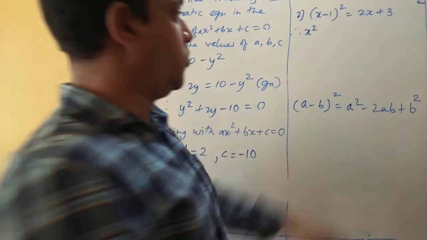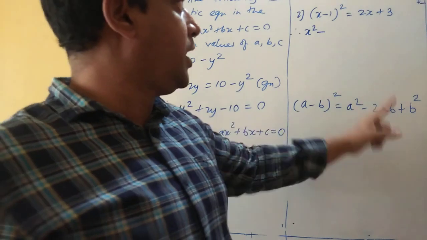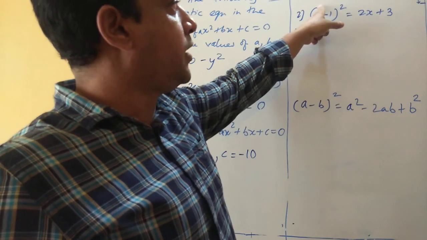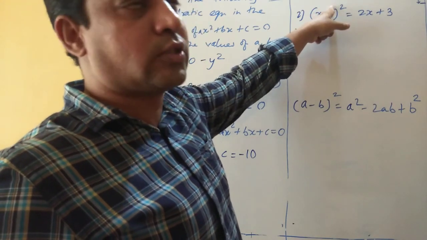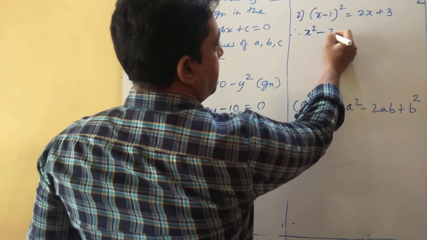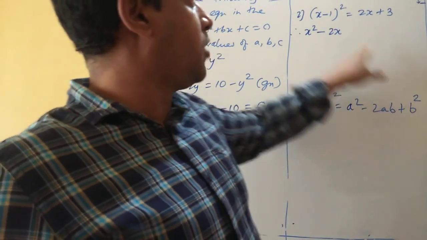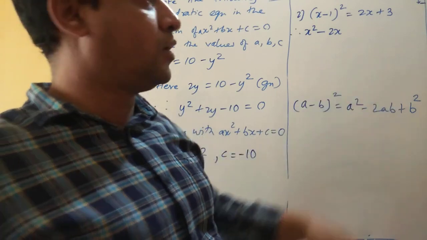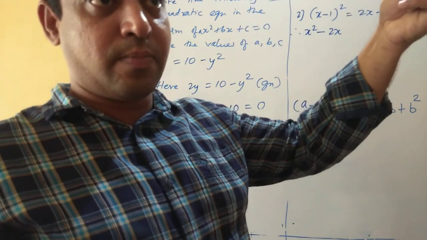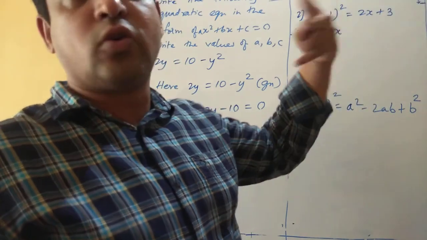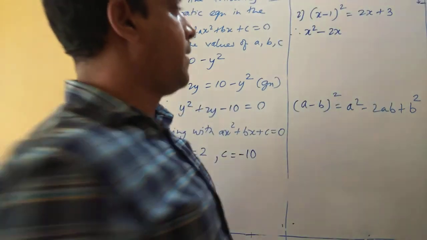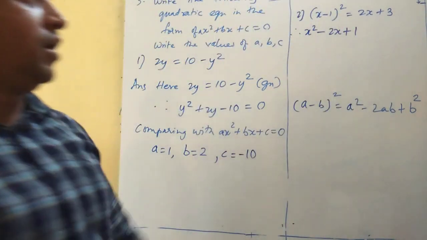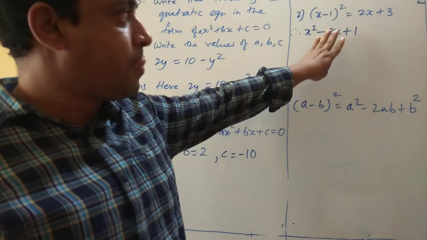And then your negative sign, so minus, now 2ab, so 2 into a, which is your x, 2 into x, 2x, and into b, 2x into 1, 2x 1 times is 2x, so x square minus 2x, and b square, now here b is 1, so 1 square is always 1, 1 into 1 is 1, okay, some of you write 2, better do it correctly, otherwise your whole sum will go wrong. So 1 square is 1 and as the formula says minus minus is plus, okay, so plus 1, that is the expansion.